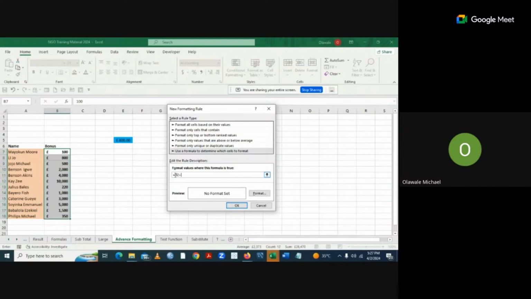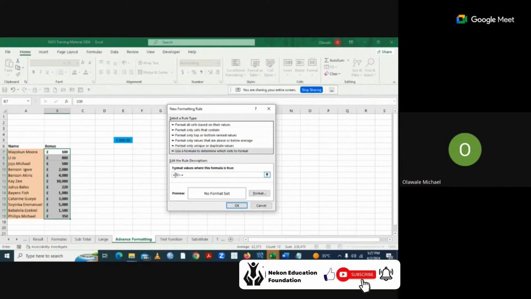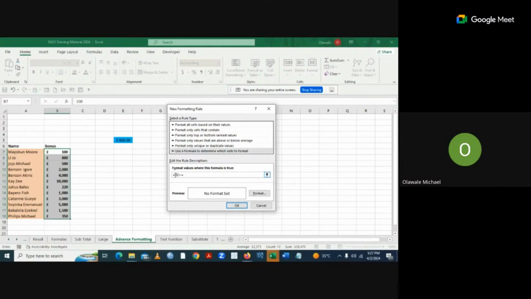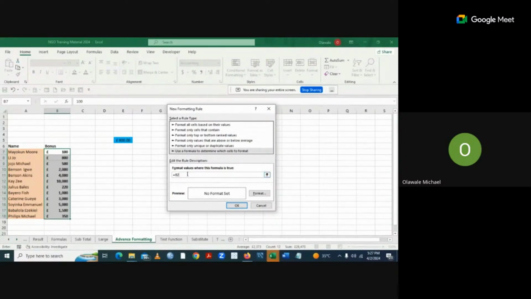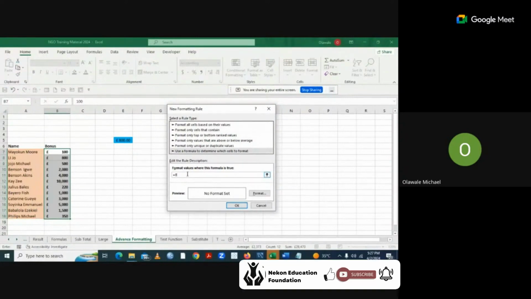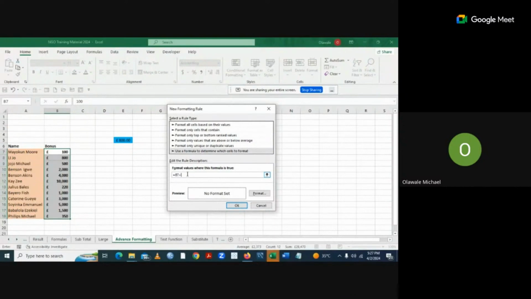B2 greater than equals to, sorry, B7 is equal to B7 greater than equals to this particular cell. Now, before I proceed, remember I told you about Excel helping you to lock, helping you to